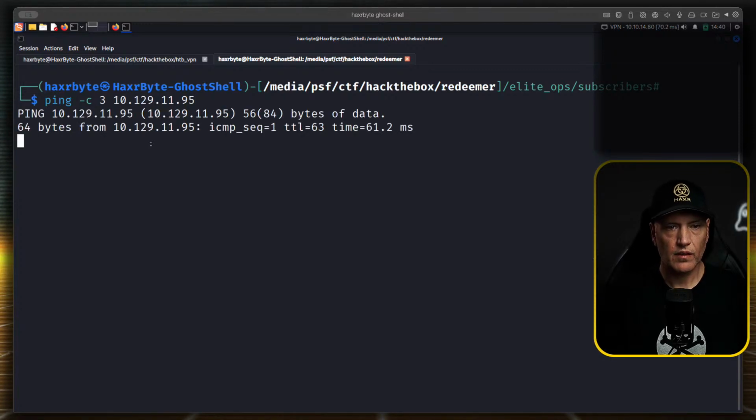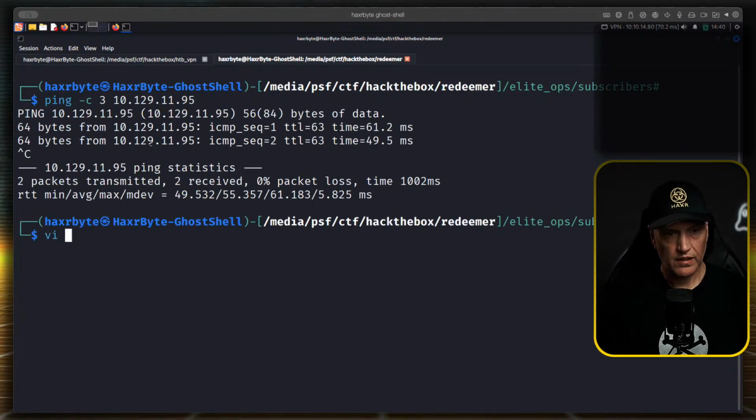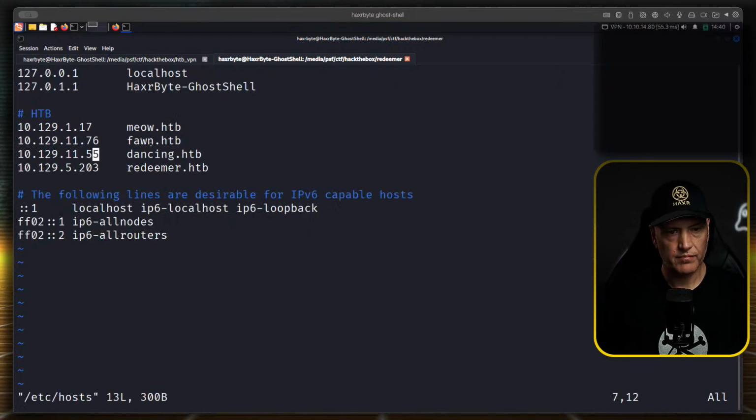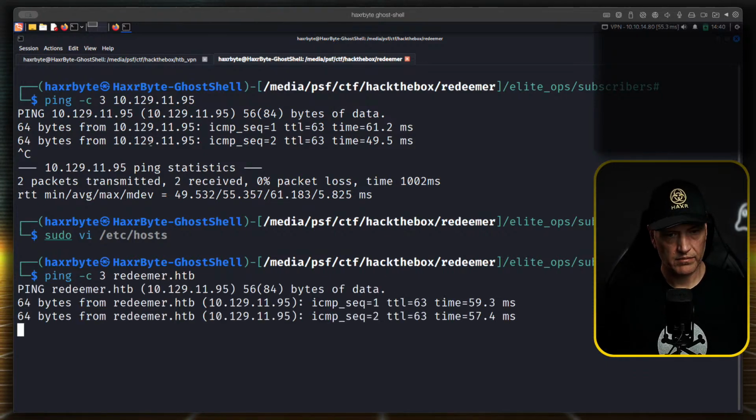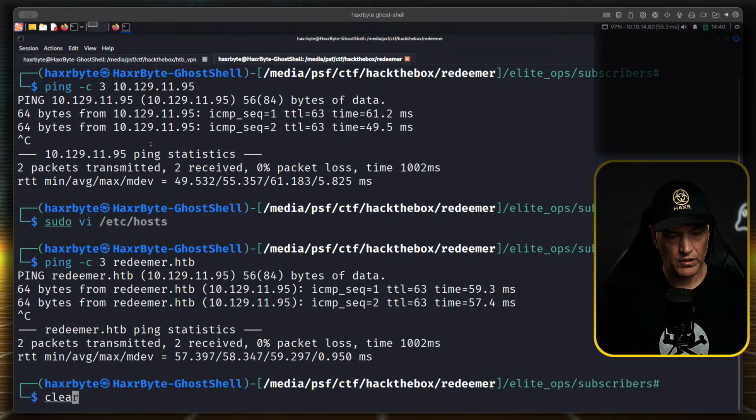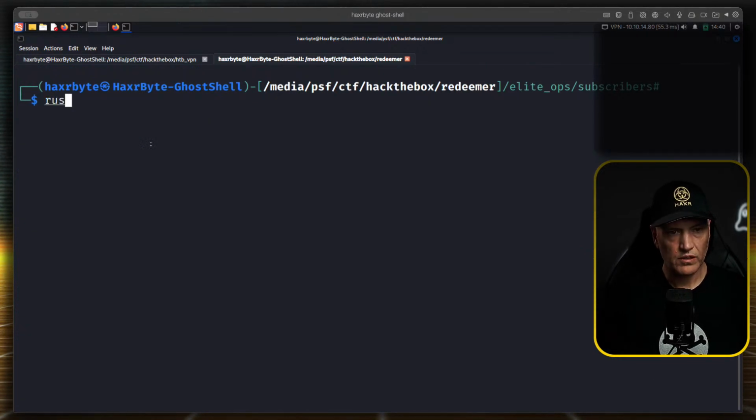Looking good. Let's edit the hosts file with sudo, small c, small i, capital W, paste, escape, colon, write quit. Okay, ping -c 3 redeemer.htb. Okay, looking good. So we can do the port scan, RustScan,